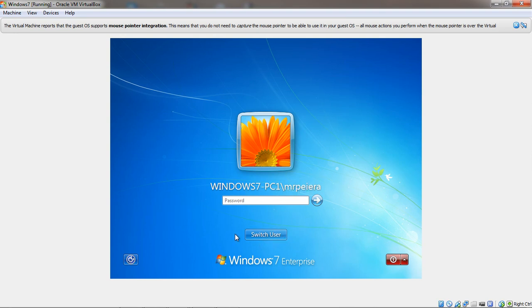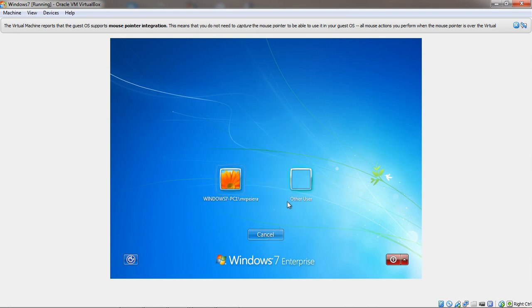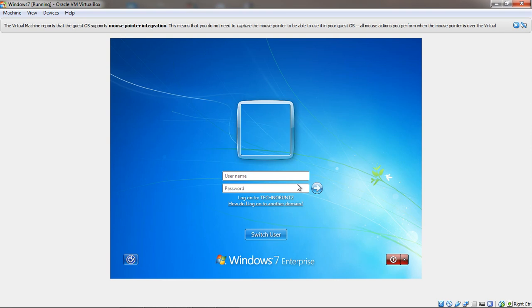But we want to log on to the domain, and this time I want to use the John Doe user ID instead of Emperor. So if I switch user and I go to other user, again you see it's coming up saying to log on to the domain, but instead of Emperor that I did on the first computer, I am now going to type in JDoe, put the password in for JDoe,